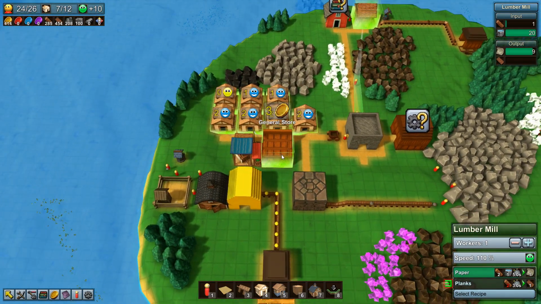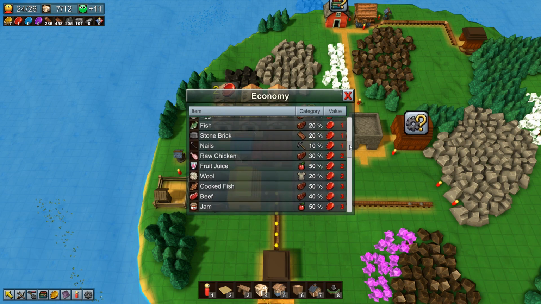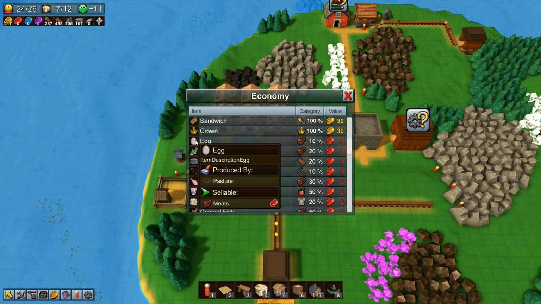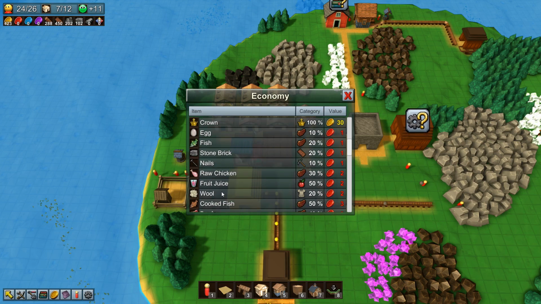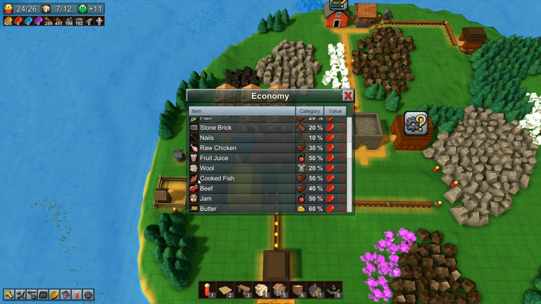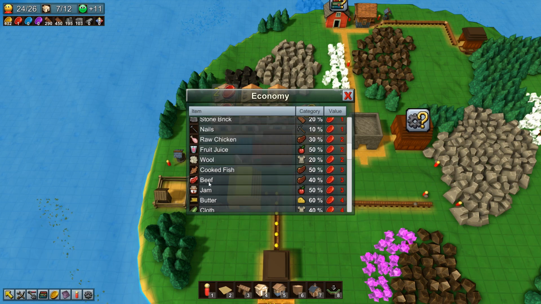Well, what can we sell for red coins? Let's have a look at our economy here, and let's see. We can sell eggs and fish and stone brick. Chicken, we can sell wool for 2. Cooked fish we can sell for 3, but we haven't got kitchens yet, so we can't do that. Beef will also sell for 3,